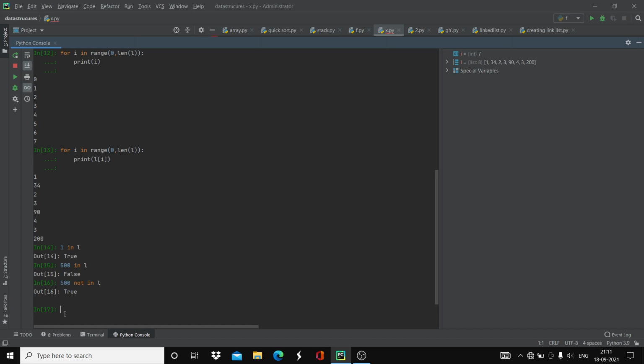And you can also use the multiple assignment trick. For example, say cat is equal to fat, comma, black, comma, loud.